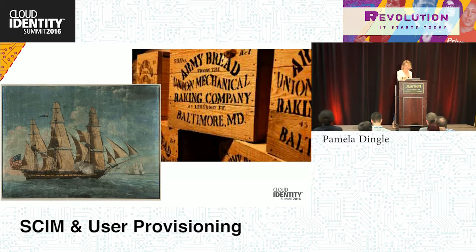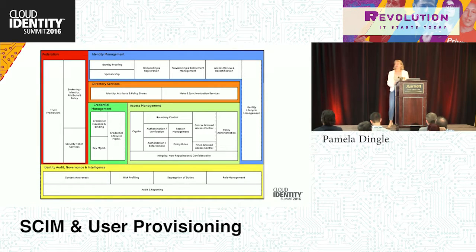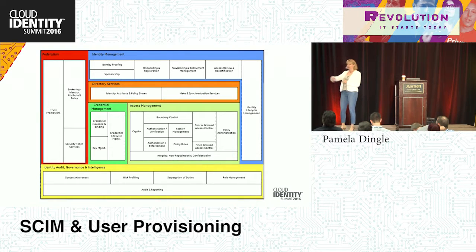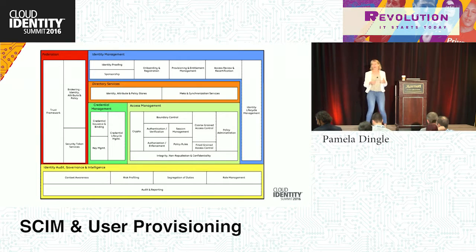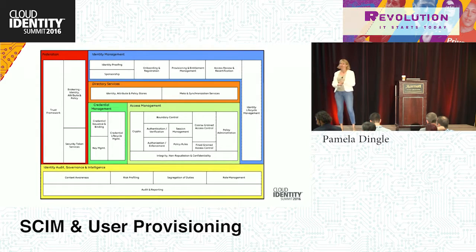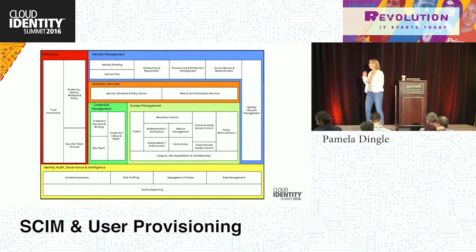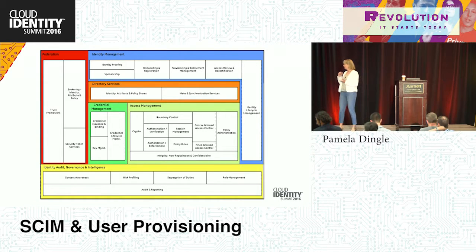However, there is an electronic equivalent today. So this map is a bit of an eye chart, and that's because that's what our lives are. Our lives are an identity eye chart. So there's a lot of systems that work together to provide identity infrastructure. That includes user credentials, it includes information about users, it includes information about corporate understanding of who the user is, its roles, its entitlements, its virtual directories.